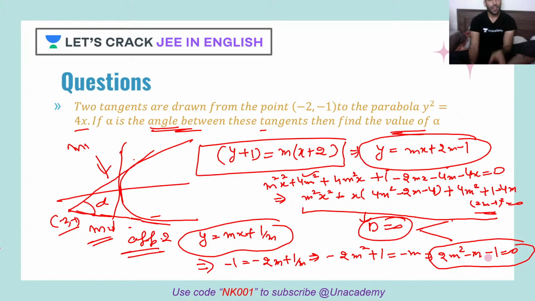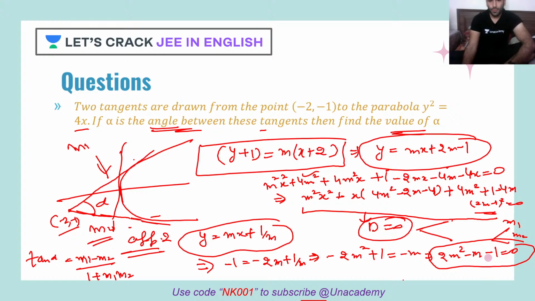Clearly, we can find out the solution, but again, we can play smart. How can you play smart? Because when we need to calculate the angle, tan alpha, what do we need? M1 minus M2 upon 1 plus M1 M2, right? So the roots of this quadratic are M1 and M2. Use whatever we have learned in quadratics. Why waste our knowledge? So see here, from here I can directly write down the product of roots. M1 M2 is C by A, so minus 1 by 2.